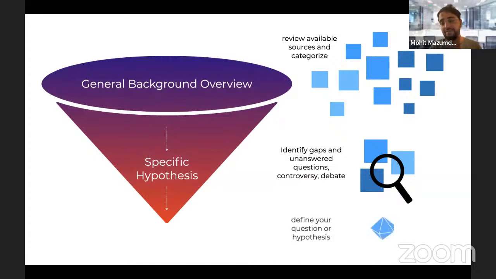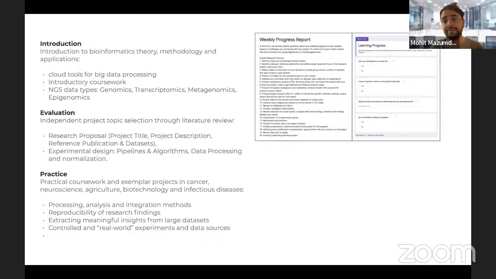So identifying gaps, finding those unanswered questions, defining your question: these are some of the things we help with as mentors to the research community, to the participants who are joining the research fellowship program. And then there is a strict structure that enables us to track and understand how an idea can be structured into a research project, into a report, into a publication. All of this work goes on when one person joins the research fellowship and goes through this entire process